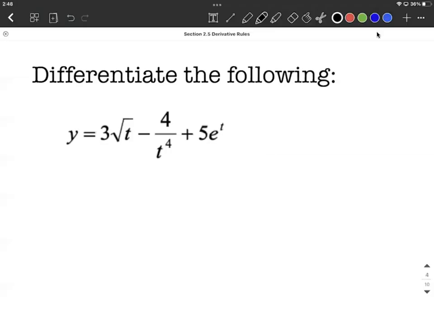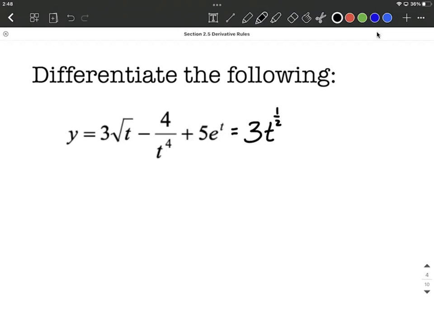Okay, we want to differentiate the following, where we have a square root, a little fraction going on, e to a power, so there's a lot going on in this problem. To get going, first, before I think about taking any derivatives, I'm going to rewrite as much of this as I possibly can. So like that square root, I'm going to just rewrite that so it's a fractional exponent. So instead of a square root hanging out over that t, we can rewrite that square root as a 1/2